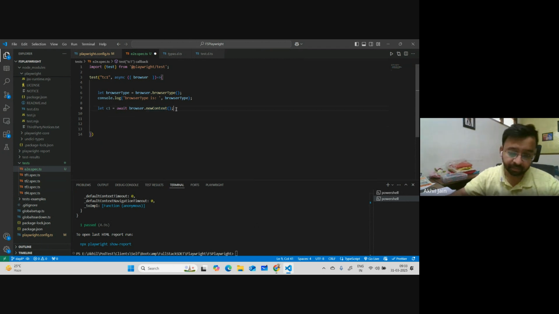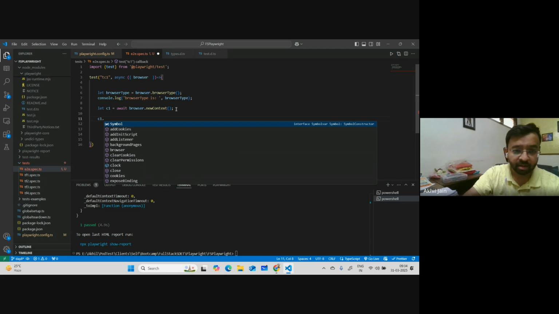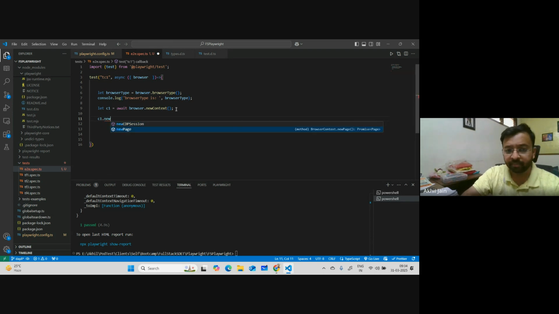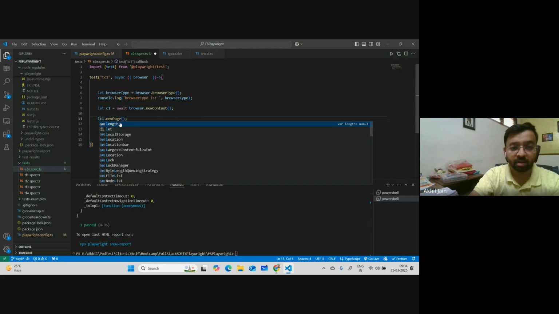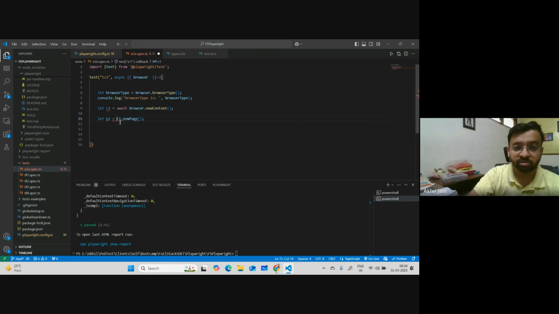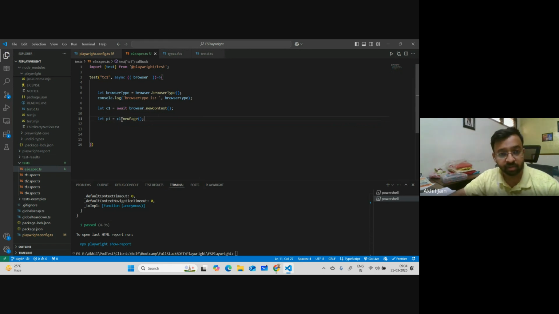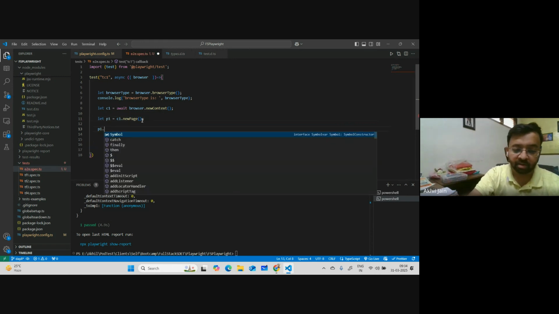Now again, let's say you wanted to open a tab on the session which you just created at line number 9. How will you do it? You will say C1.newPage. Let me show you new page. Let p1 equal new page, like this. If you do this, you will now do p1.goto,